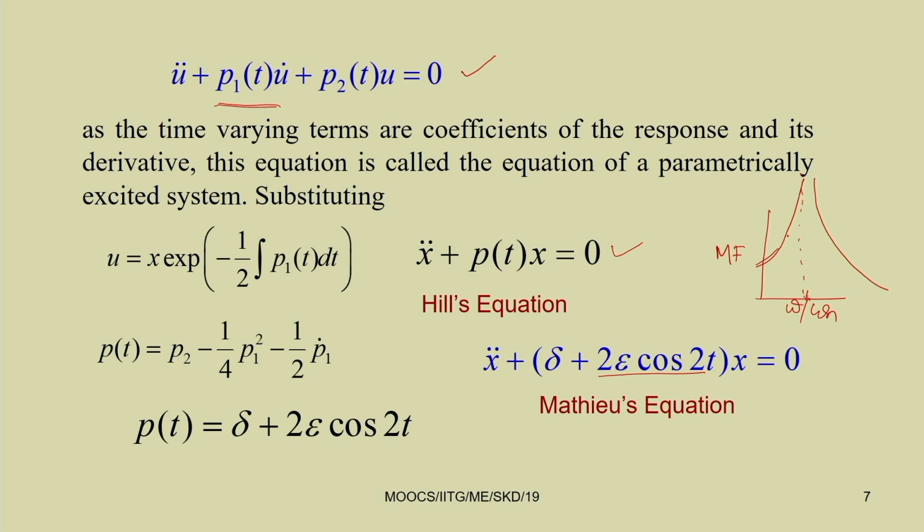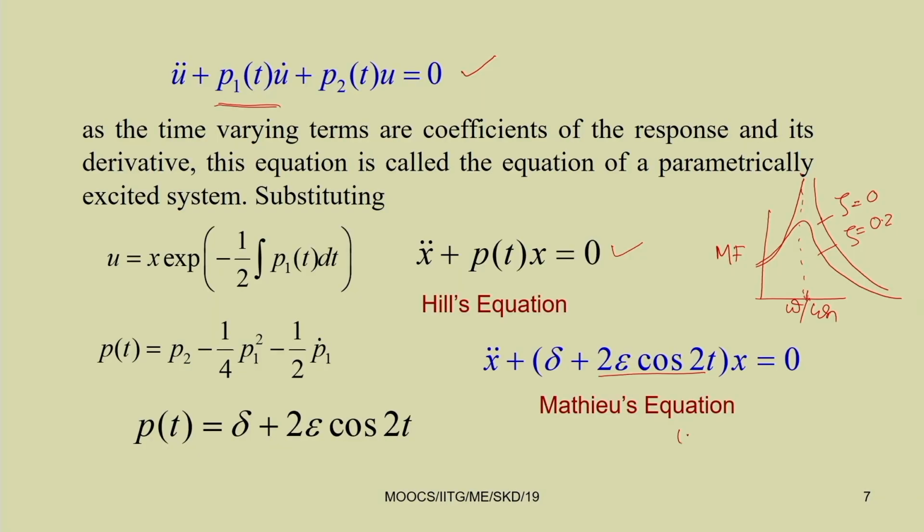By applying damping, the amplitude can be reduced. This is your zeta equal to 0, that is damping equal to 0. You can put some certain value of damping and you get a response like this. But in the case of parametrically excited systems, you can observe that when the external frequency is away from the natural frequency, then you have the resonance condition.